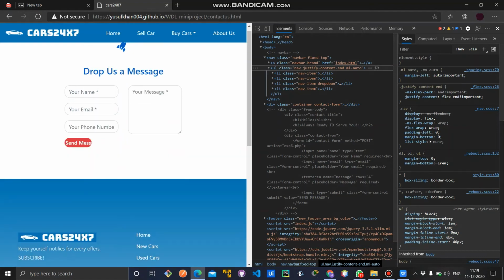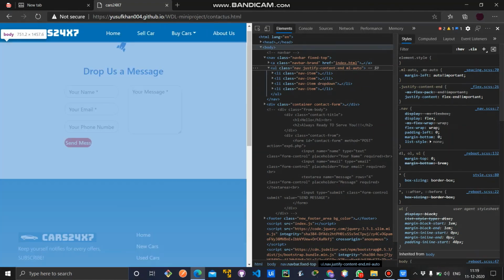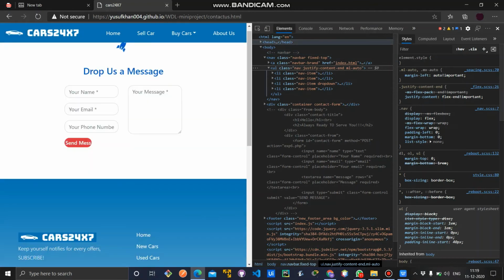Let's see the methodology. We have used HTML, and this is the HTML code. Navbar is basically a user interface element that contains links to other sections. For example, this is a navbar, the highlighted one.